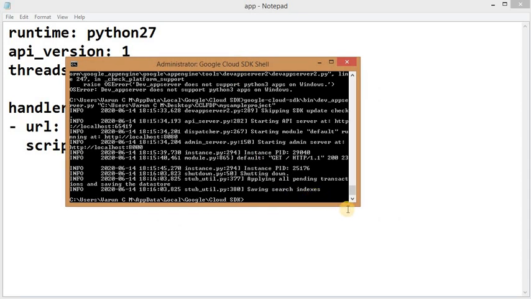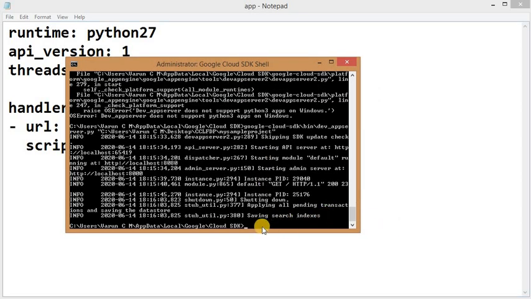So next what you want to do is open the Cloud Shell. In Cloud Shell you want to go to this google-cloud-sdk. If you press tab, automatically this SDK will be available.